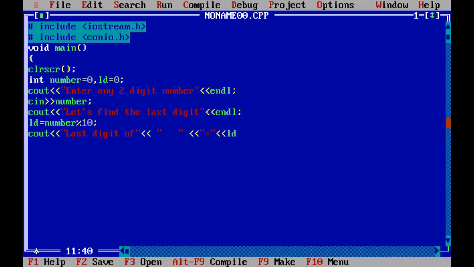So, LD, semicolon, getch, semicolon, and then bracket closed, curly bracket close.